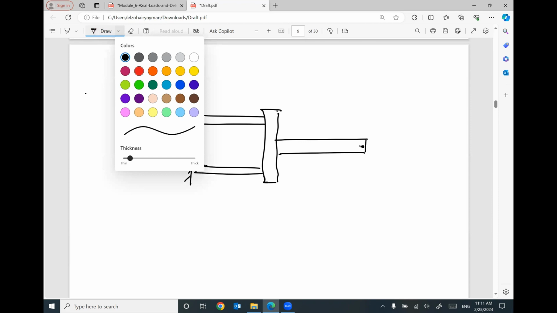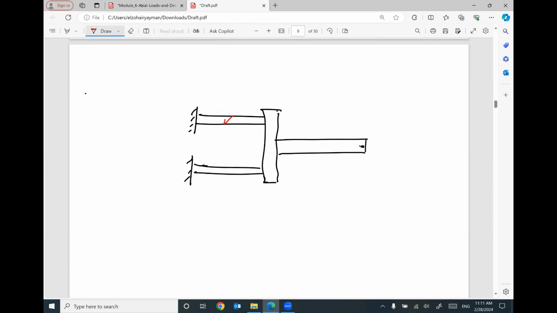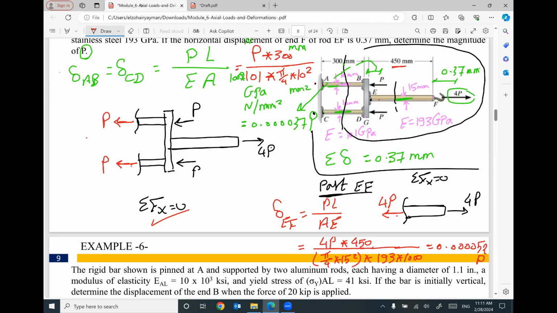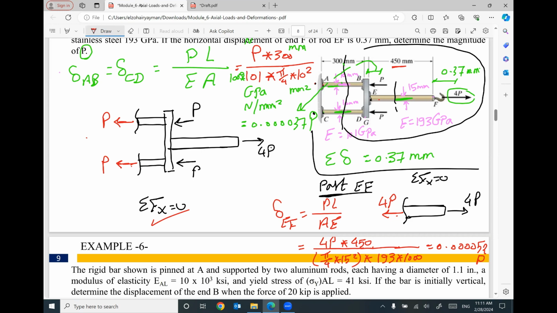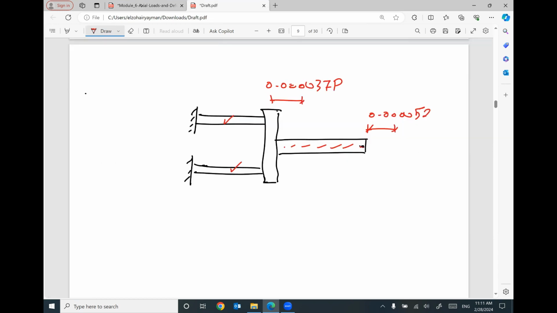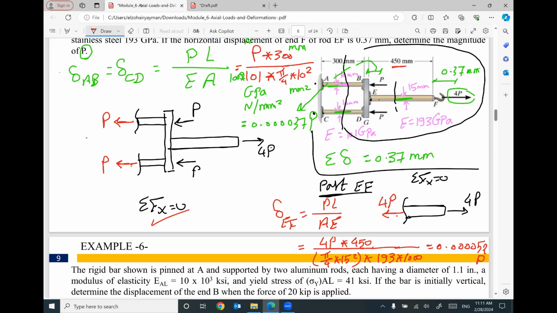We found that this bar and this bar, both at the same time, will be elongated in this direction by 0.00037P. And this part only will be elongated in this direction by 0.00052P. So the total elongation,